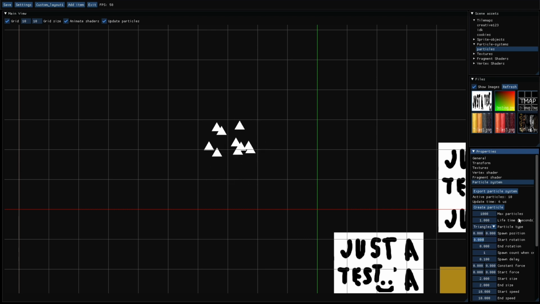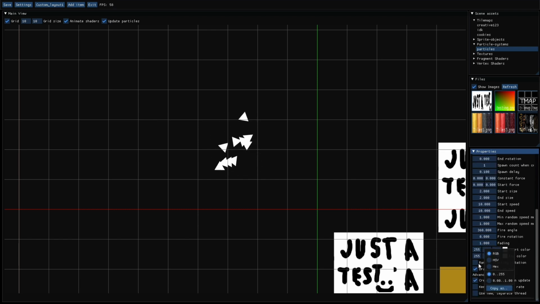So for example, I can set this to 90, and as you can see, they're changing their rotation. It is not a surprise. We can also change their end rotation to, for example, -90. So now they're rotating much faster, as you can see, or you can change this to pretty much any number you want, and now they're spinning like crazy. Anyways, I will change this back to 0, and while we're on rotation,